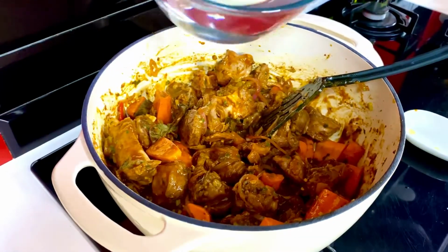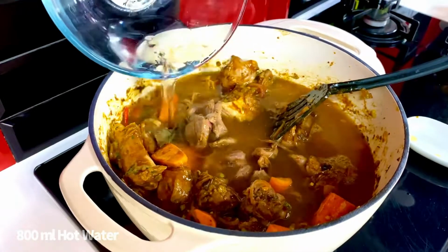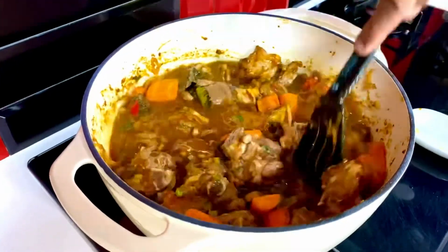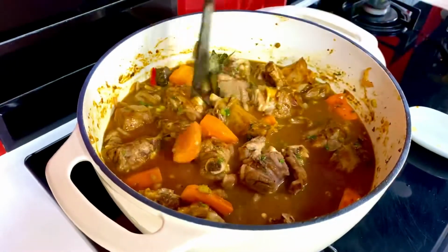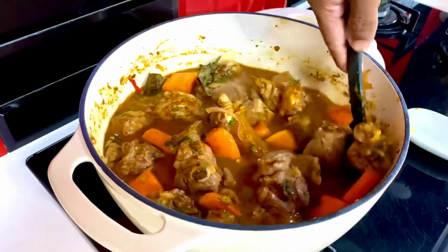Finally, into this goes 800 mils of some hot water, just so that everything cooks, infuses and marries into each other. Now you allow this to come to a roaring boil and then simmer it for a good 45 minutes. You can leave it for another 15 minutes if you're like me who wants the meat to fall off the